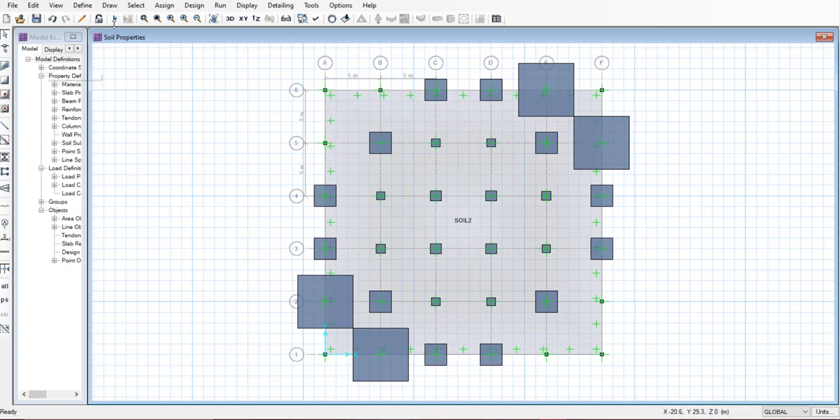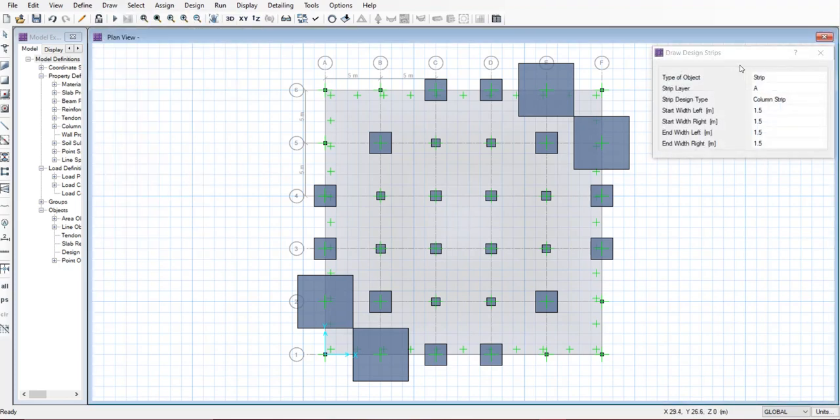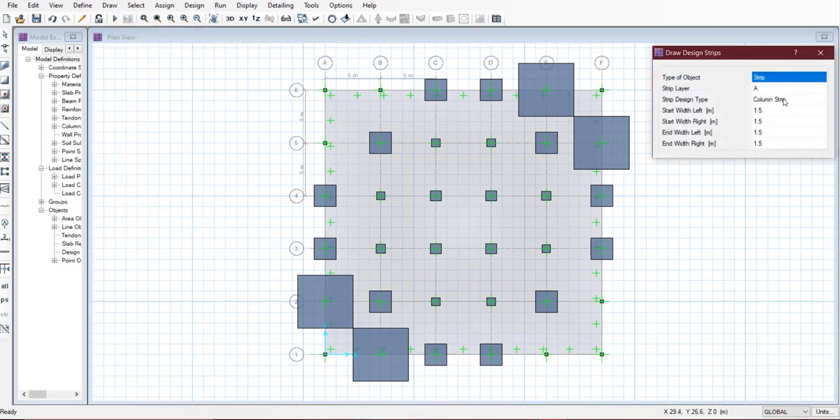Go to draw, then draw design strips. Make sure that column strip is selected, and strip layer A, which is in X direction, and start with left, keep it as 6.25. Here also keep it as 6.25. Here also 6.25, as well as here also 6.25. And now draw the design strip from one corner to the another.